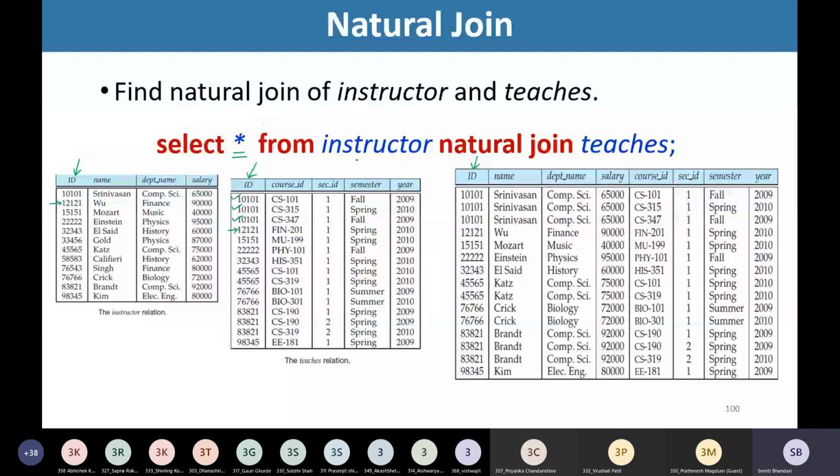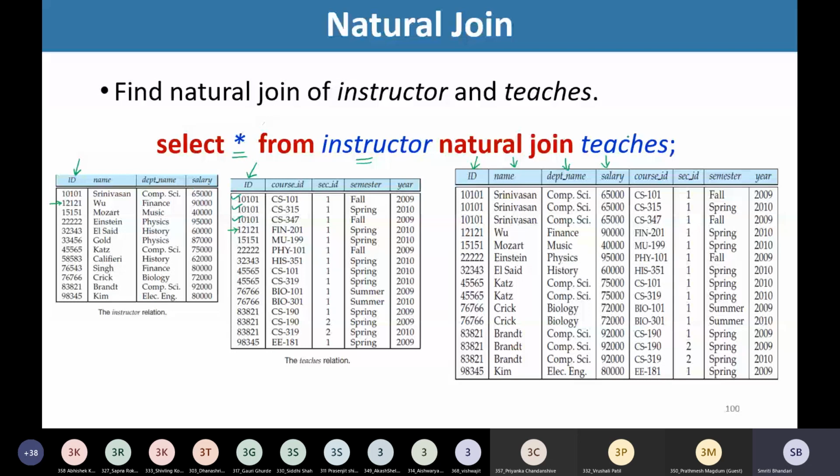Whichever is the left hand side relation. Here instructor is the left hand side relation, so the remaining attributes from the left hand side relation appear next in the same sequence. In the instructor table, the remaining attributes are name, department name and salary. So after the common attribute, we have name, department name and salary in the same sequence as that of the original table.